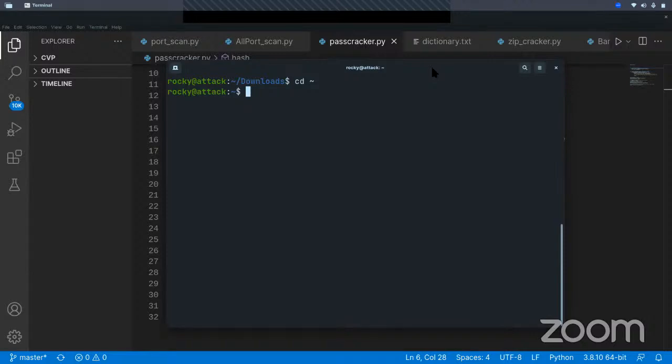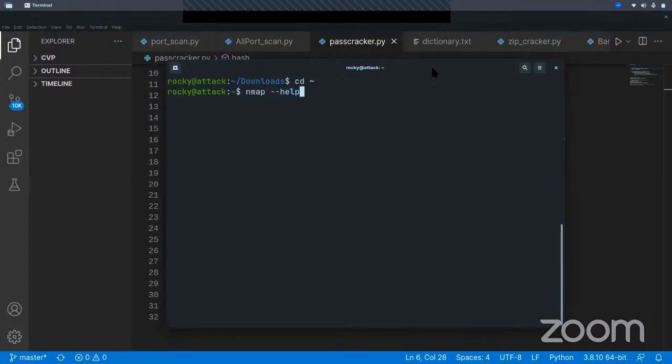Any tool to generate these word lists? It depends on where you are trying to brute force. If you are doing web penetration testing and you are using a tool like Burp Suite, then it allows you to generate word lists according to permutations and combinations. Okay, so in the last class I discussed Nmap and a simple port scanner. So here I am going to show you some demonstrations of